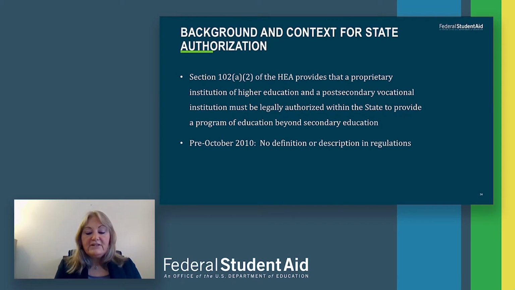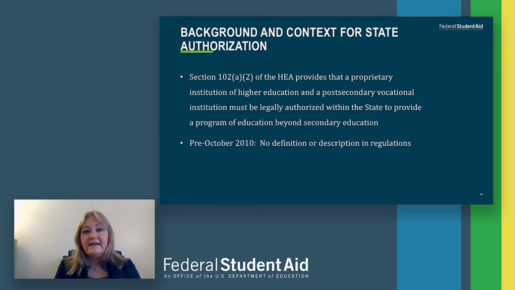Although legal authorization by a state has always been required and is a basic building block of institutional eligibility for federal aid, before October of 2010 there was no definition or description in the regulations. The development of the state authorization regulations occurred as part of a negotiated rulemaking in 2010. Those final regulations clarified that state approval to offer post-secondary educational programs is a substantive requirement where the